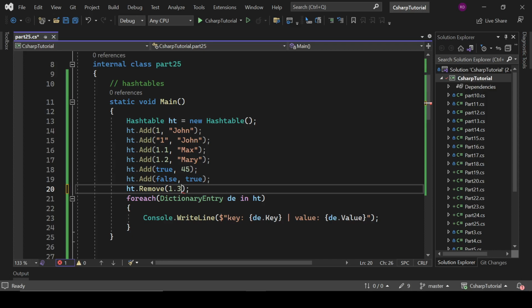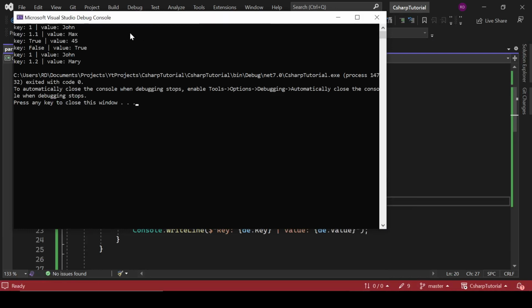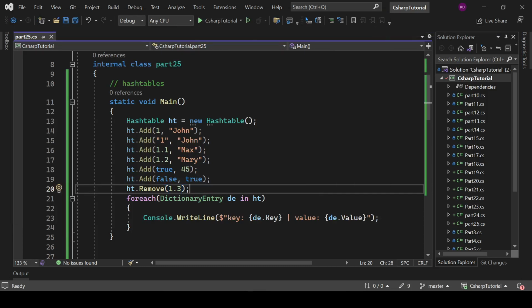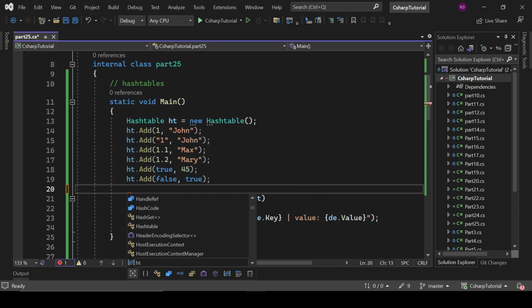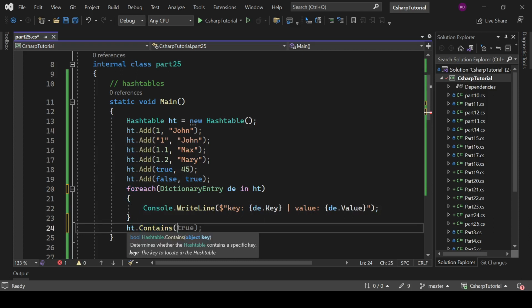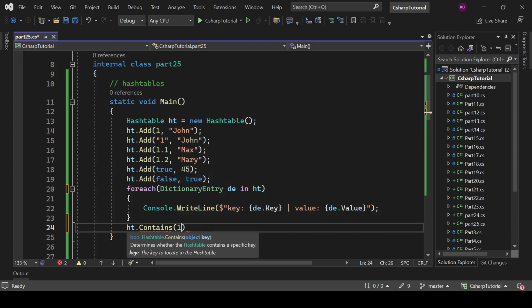Now let's try to remove 1.3, which is not present in this dictionary, sorry, not dictionary, hashtable. Let's see, it won't give any error, nor is it going to remove the value, because it is not present here. So these are some methods, and let's use another method here, ht.Contains, and it is asking us a key. So let's enter here 1